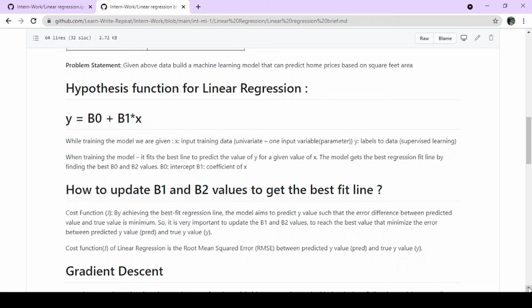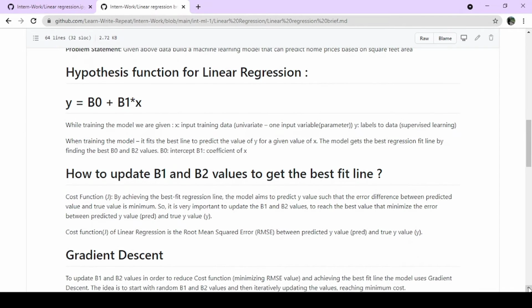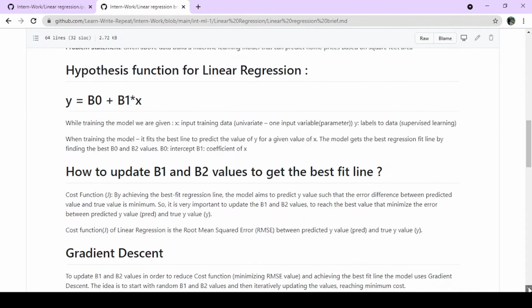So it is very important to update the b0 and b1 values in order to reach the best values that minimize the error between the predicted y value, denoted by y_pred, and the true y value, denoted by y. The cost function J of linear regression is basically the root mean squared error between the predicted value y_pred and the true y value y.